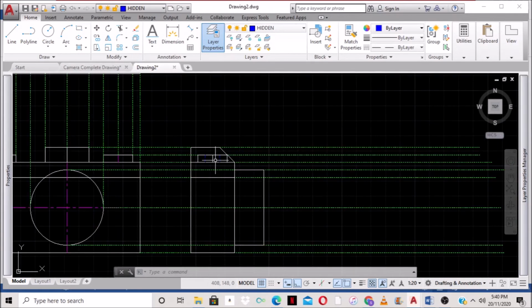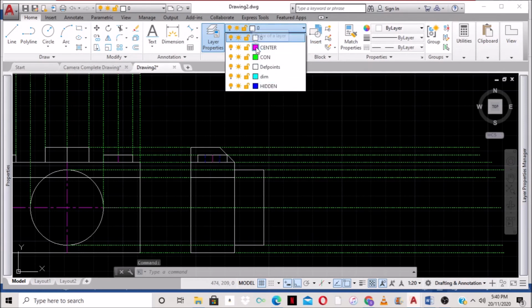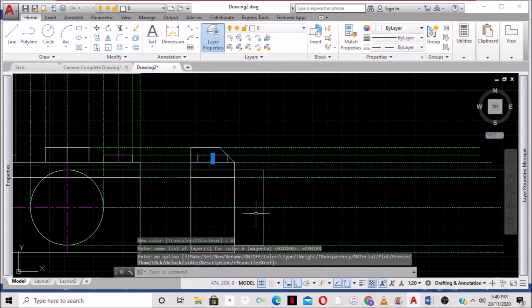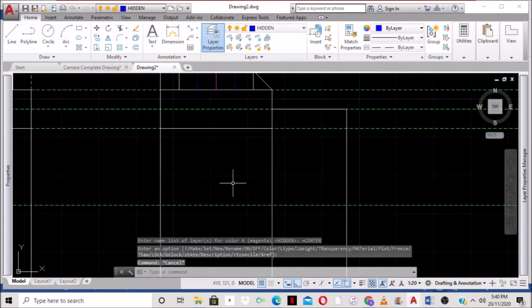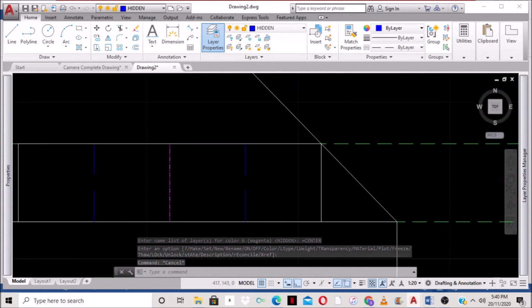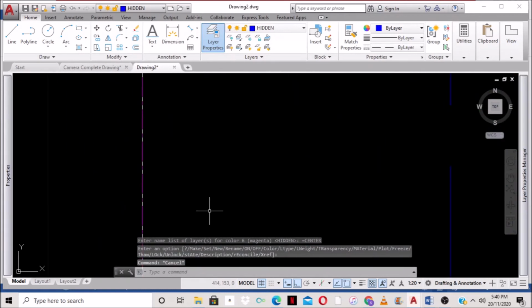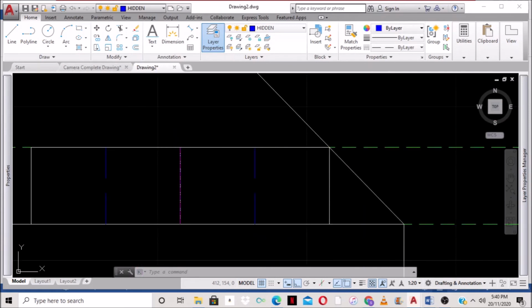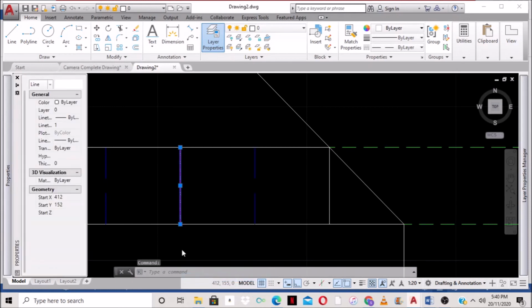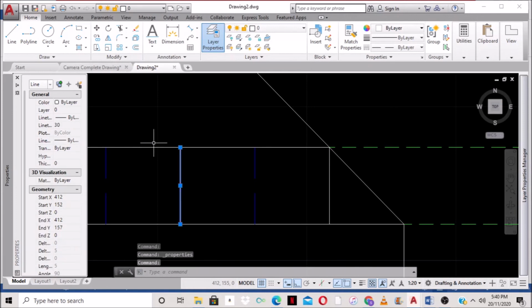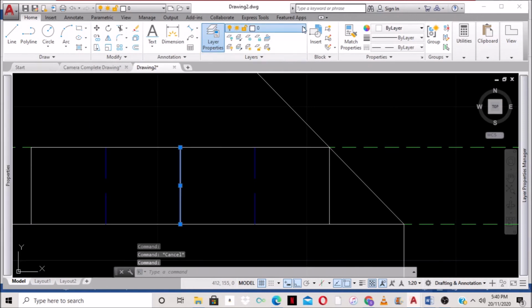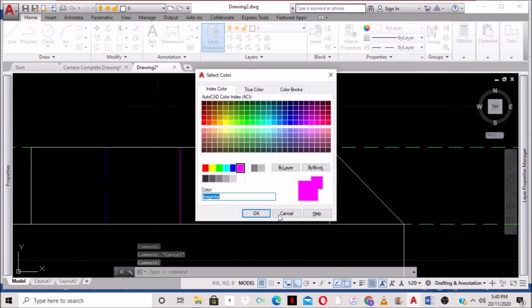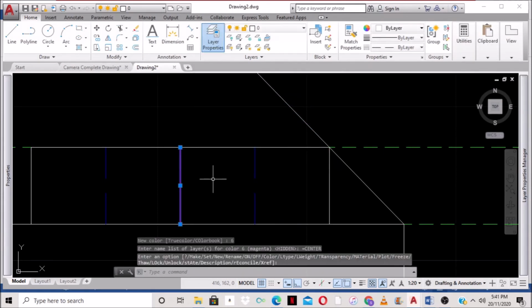Right? We need a center line, so we need to change this now to center to show that it's an arc, it's a circle. Alright, so it's a center line. So we have to zoom. Alright, so we are not able to see it as a center line. So what we can do is select the line, right click, go to properties, and increase the line width to 30, enter. Alright, so we go back here, we select center, okay, and it should be,